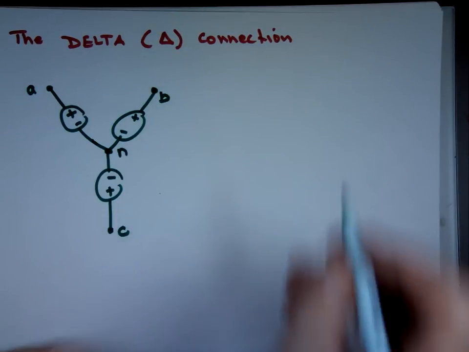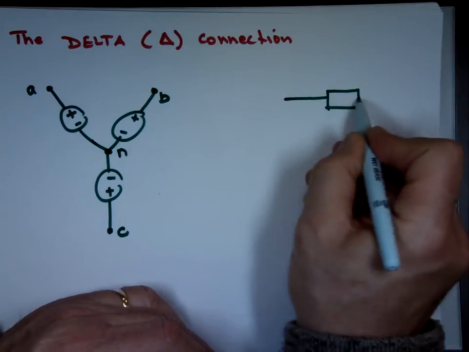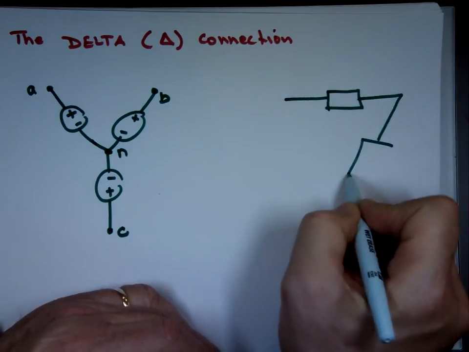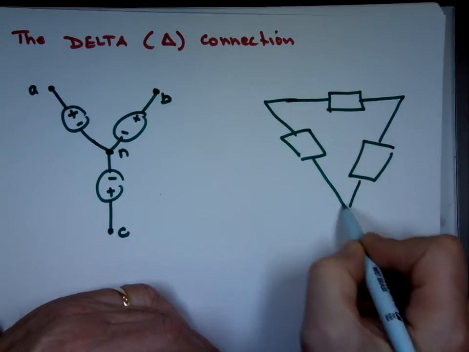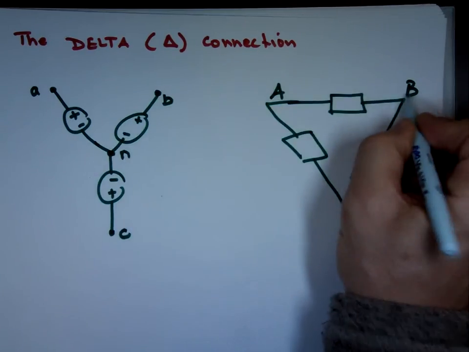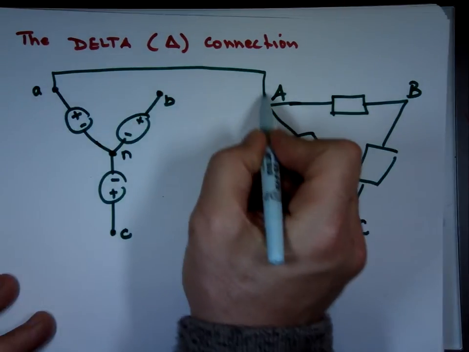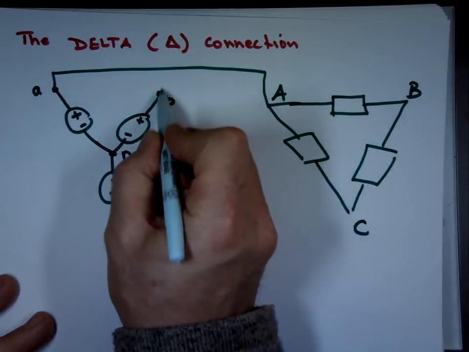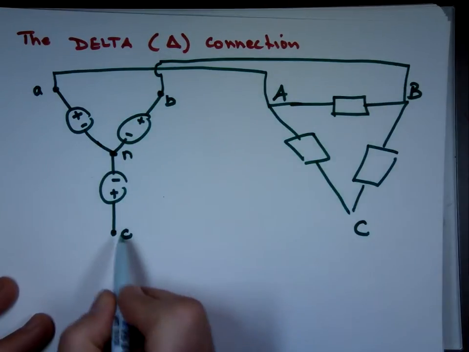And if I do a delta load now, and you make this A, B, and C, when you attach A to A here, and B to B, and C to C,